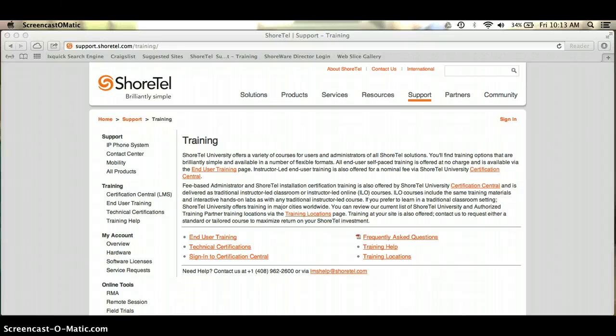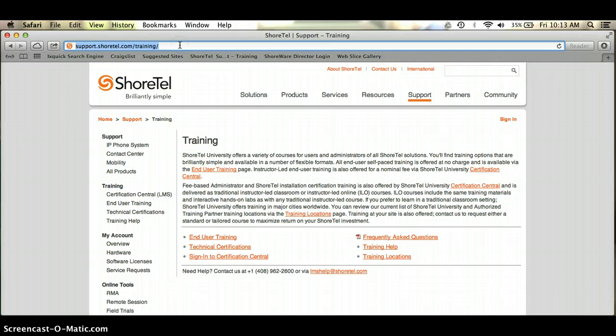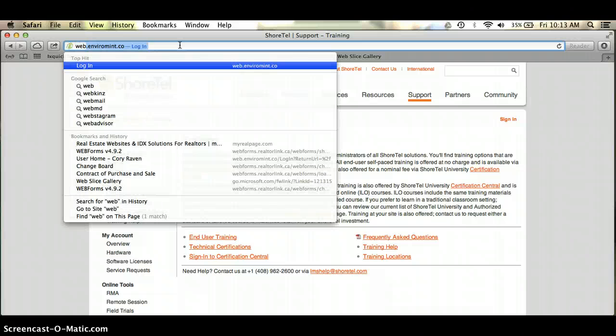Today I'm going to be showing you how to use our environment system and specifically how to enter a deal into the system. Open up your web browser. Any web browser will do. I'm currently on my Mac, so I will be using Safari, but you can use Chrome, Firefox, Internet Explorer, or whatever you typically do. Point your web browser to